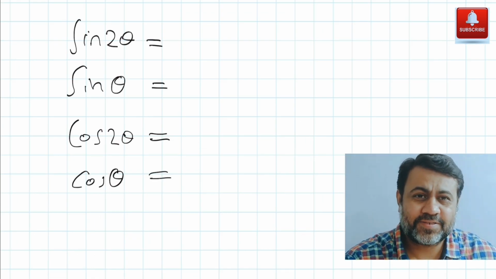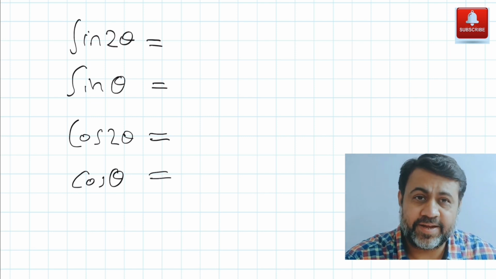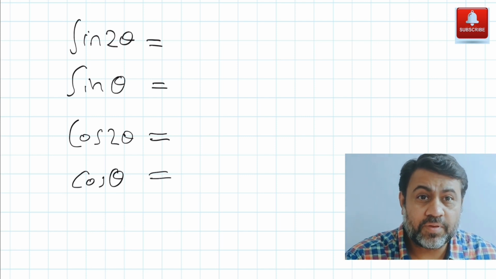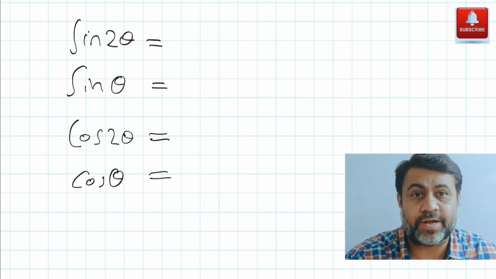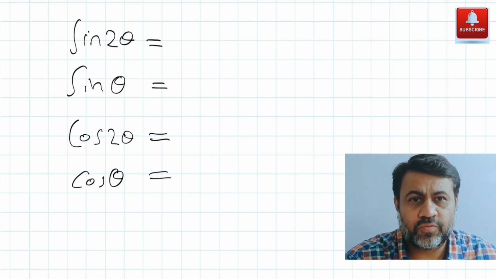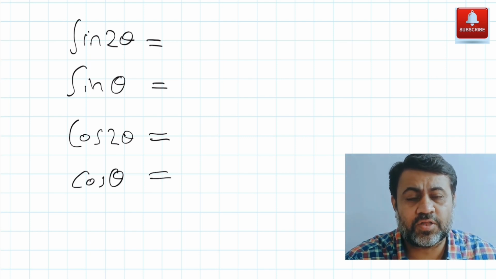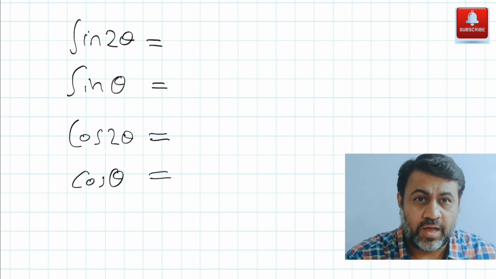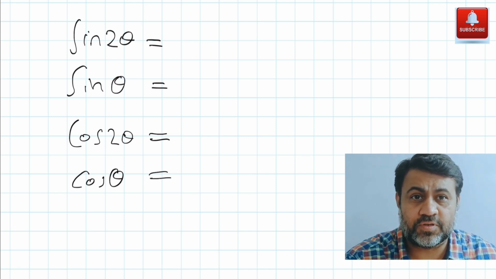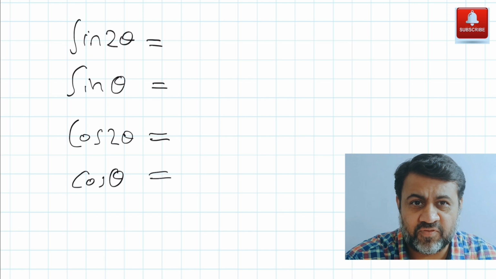So our next type of question involves the trigonometric formula, that is sin 2 theta and cos 2 theta in terms of tan. Now believe me, these two formulas are checked in board exam or entrance exam in the entire paper at least once or twice. So one of the two most important formulas is how we can convert sin 2 theta and cos 2 theta into tan theta. Our next problem type involves these two formulas. You need to know them very nicely.